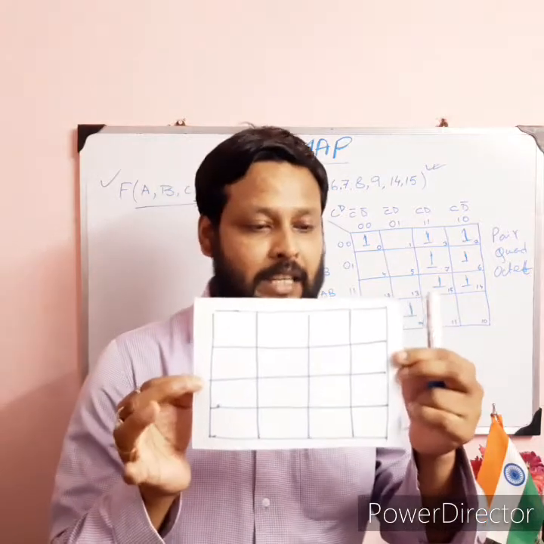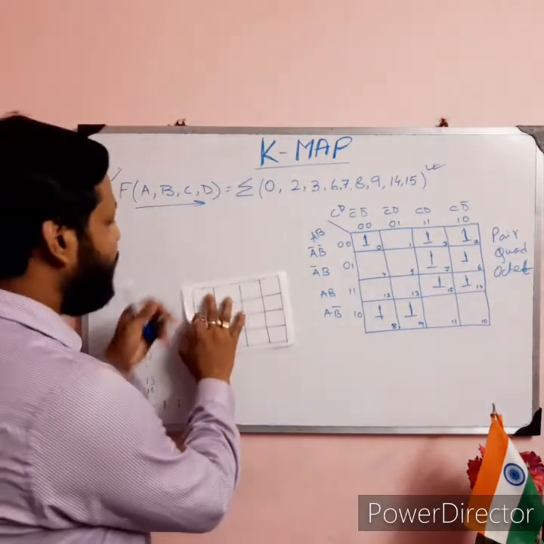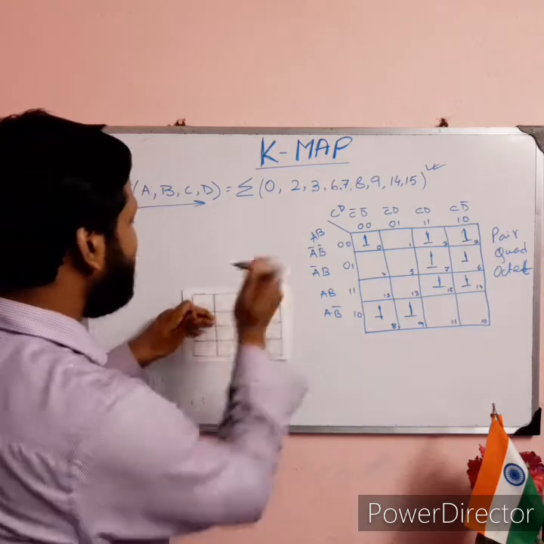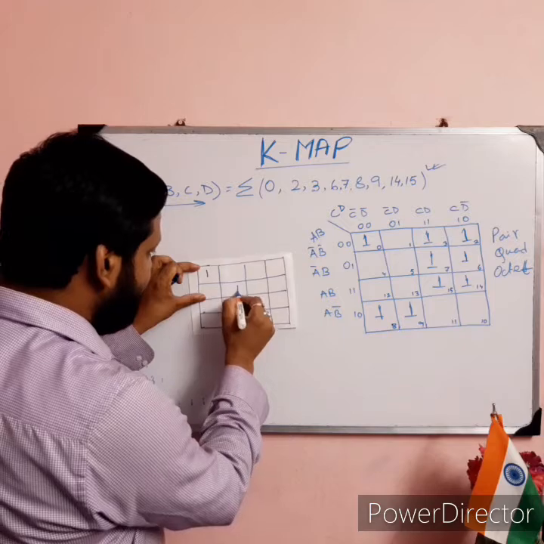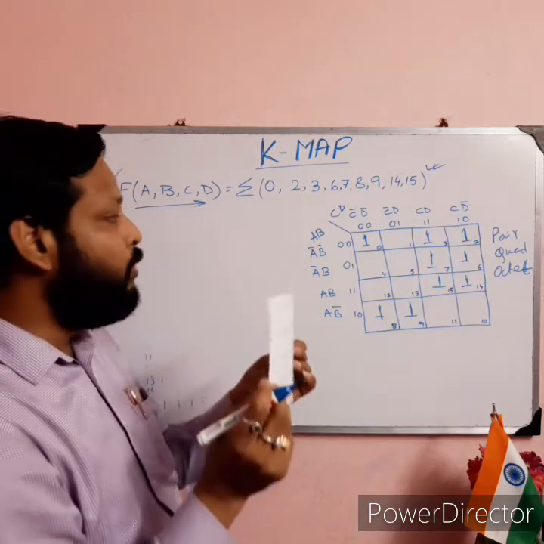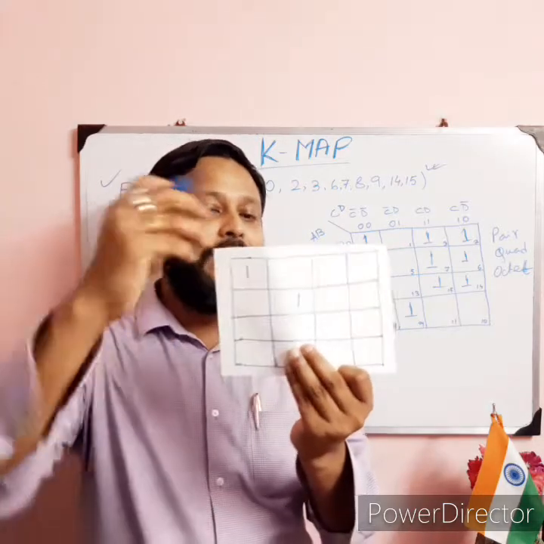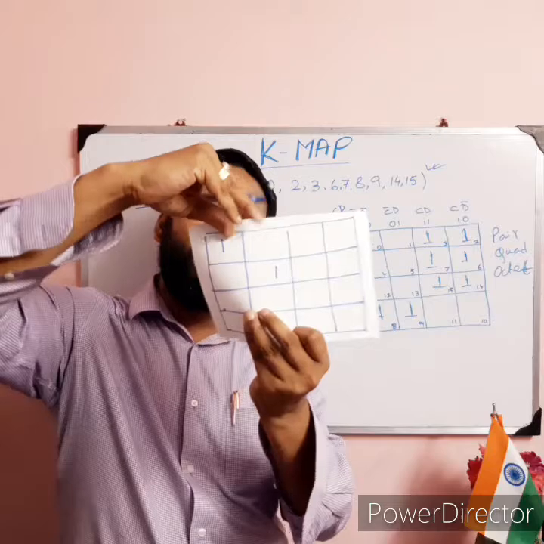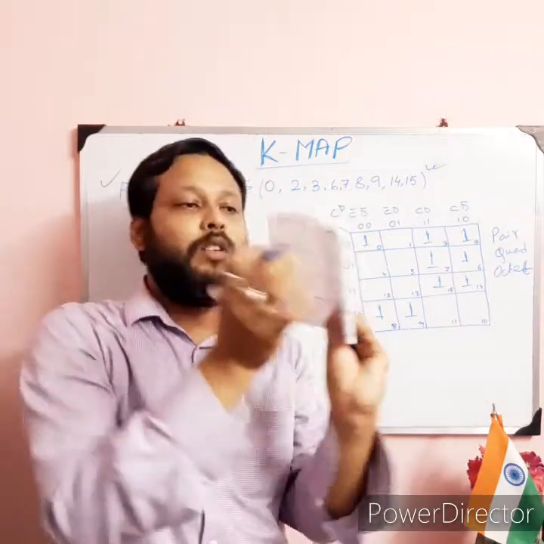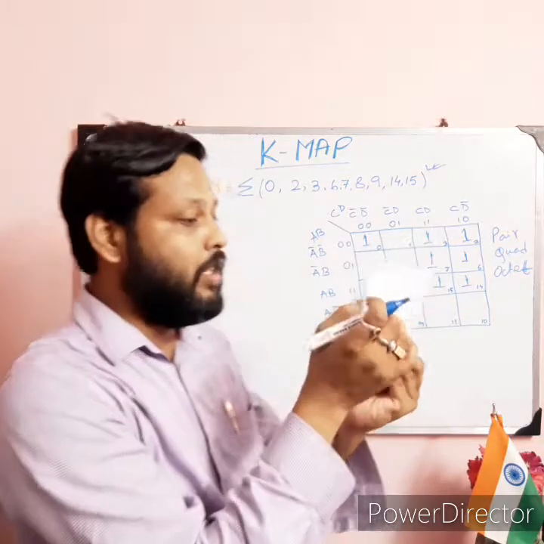See, there are 16 boxes here. Now symmetric form means, if I want to create one here and another one here, to create a group, pair is there. So can these two create a group as per symmetric form? No, because if we fold from this line, we can find out this one is here and this one is here. So they are not in the same positions.